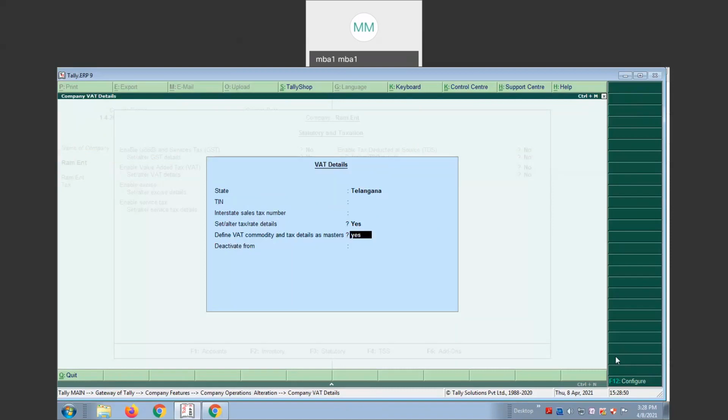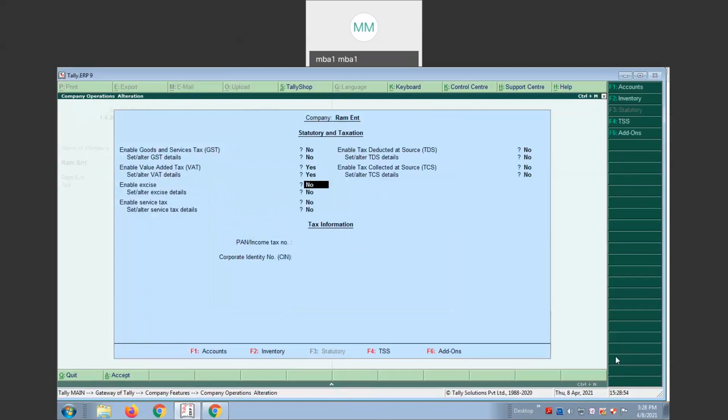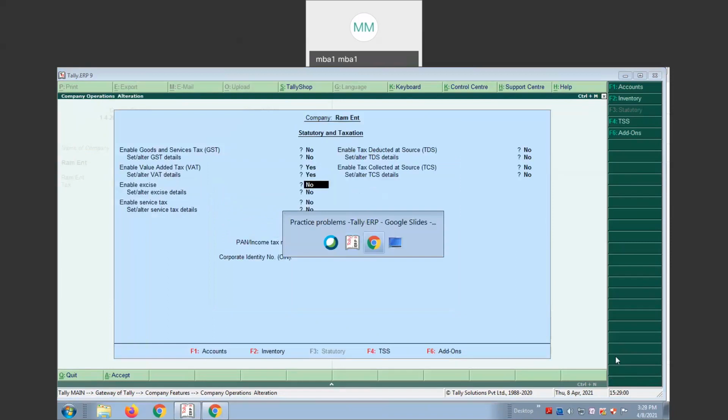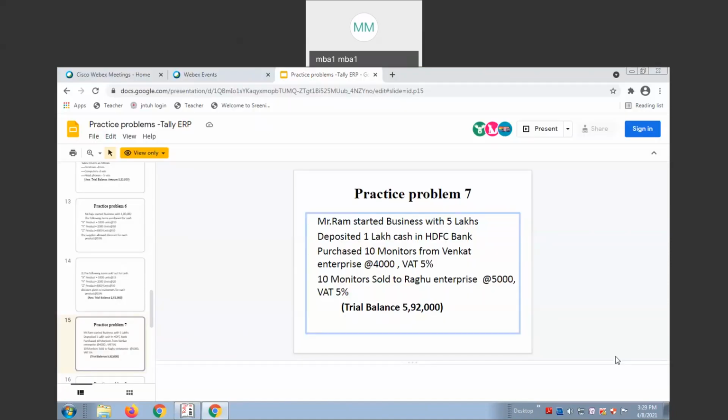If you click S, see the problem once. In this problem, the product is monitors. Monitor is a physical form of product, so the value added tax is levied.